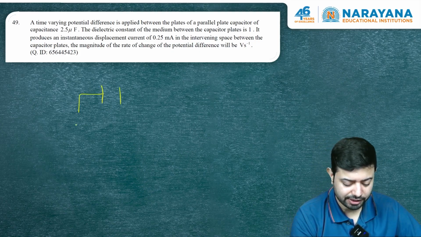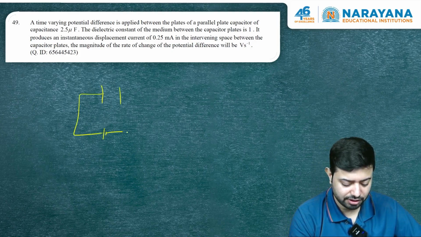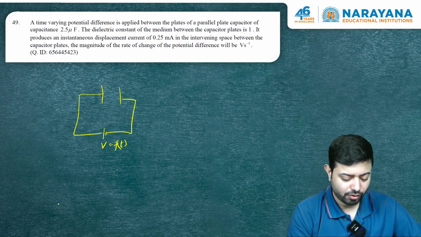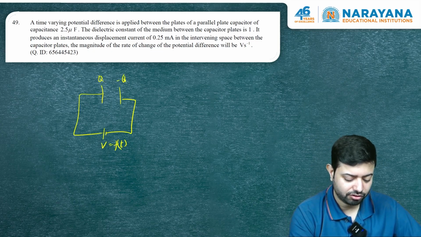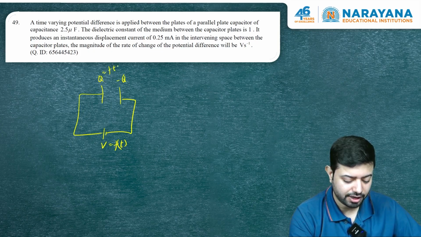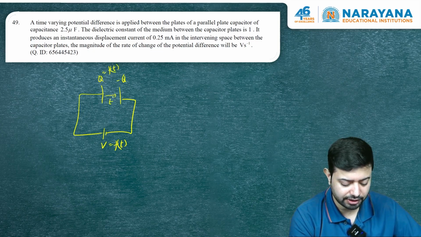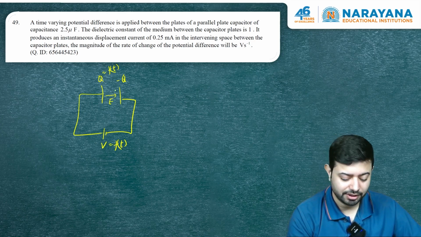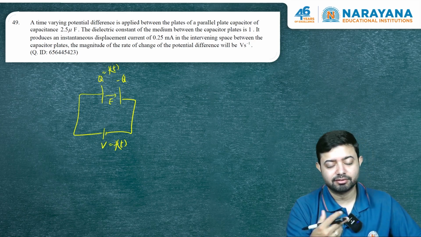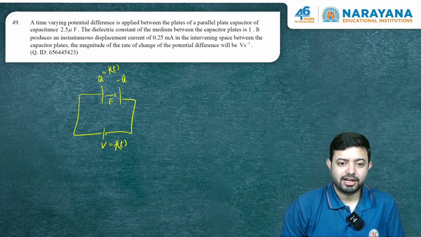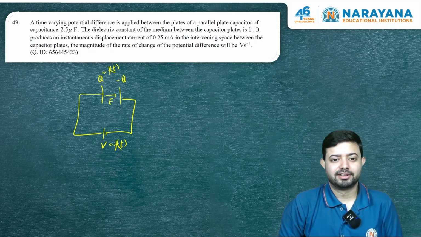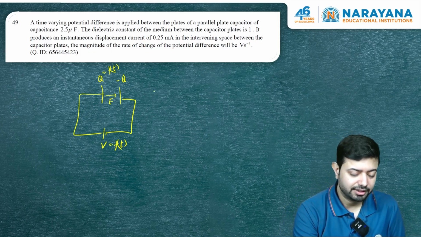You have the parallel plate capacitor and we have a potential difference. The potential difference is changing with time. So, what will happen? The charge on this plate is also a function of time, right, and when charge will be a function of time, the electric field here will also be a function of time, and when electric field is there, a flux of electric field changes, we have the concept of displacement current, right,